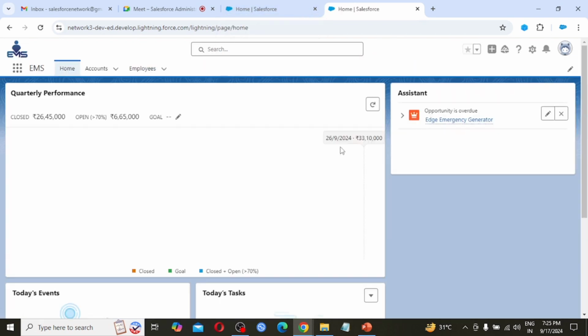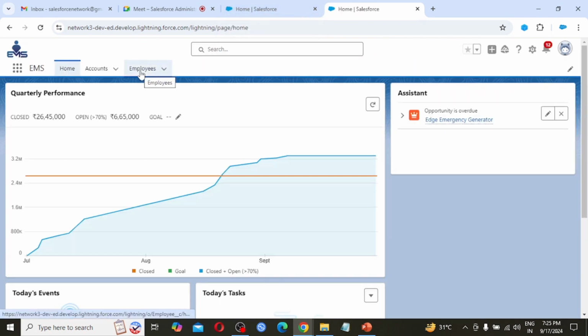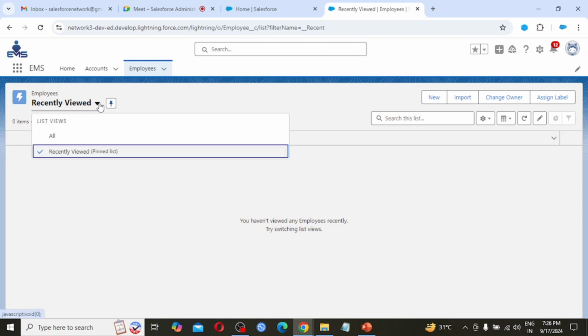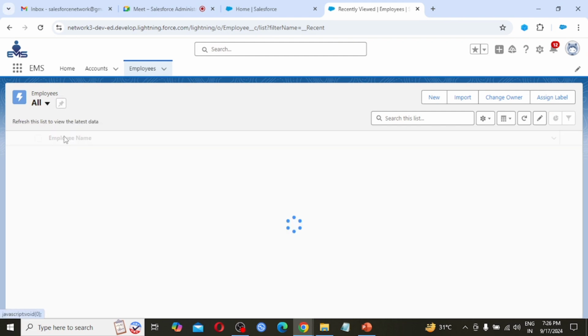As we had already created the employee object, if I click on Employee in the employee management system application, this is the view Salesforce has created and given to us for custom objects. There is a list view, recently viewed and all.